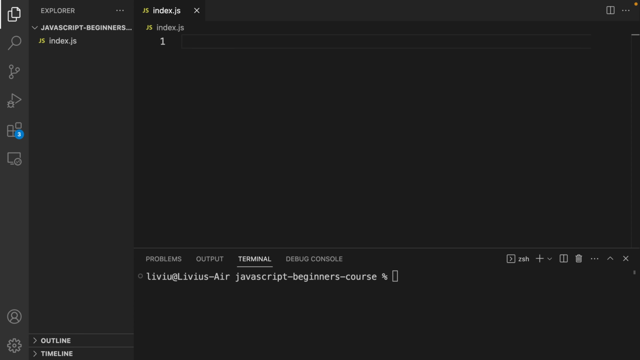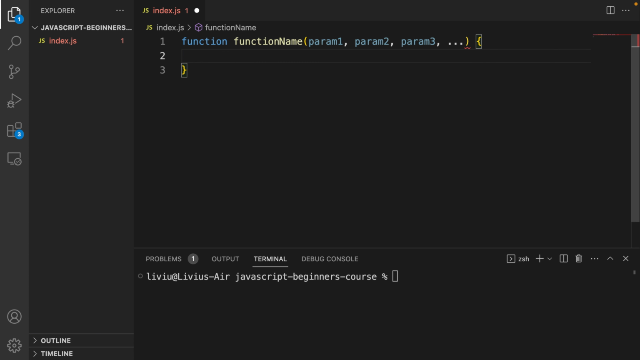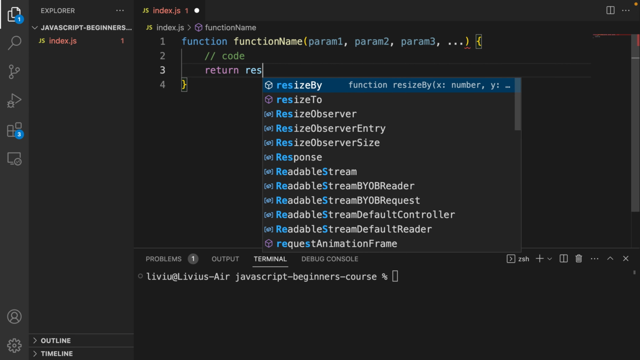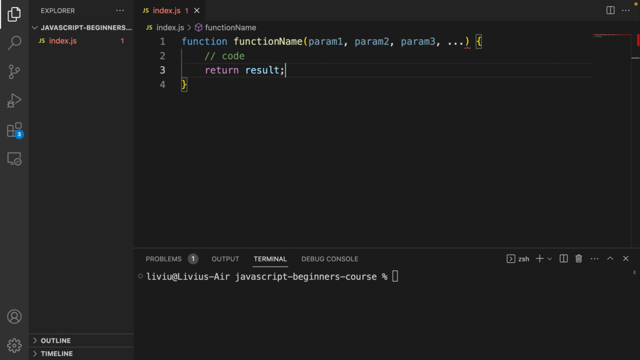The basic syntax for declaring a function in JavaScript is as follows. You type the keyword function, then the function name, parameter 1, parameter 2, parameter 3, and so on. Then open braces, then you type the code, and then you return a result. Now, function is just a keyword that indicates you're declaring a function. Function name is the name you give to the function, so you can change that, like the name you would give to a variable. The list of parameters are optional, meaning you can just have